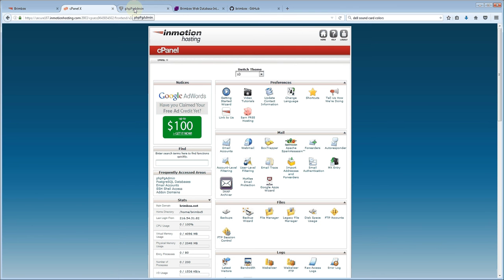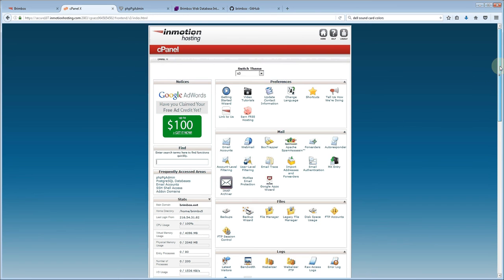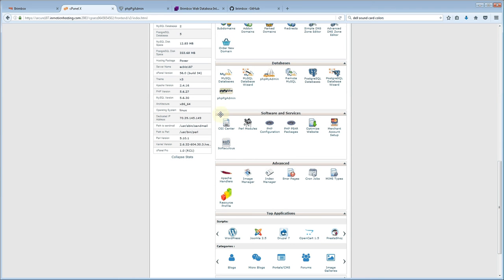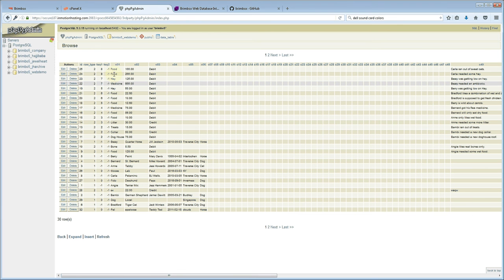Okay, and then it is a standard control panel thing. Many services now support, many internet ISPs support Postgres, and right here we see Postgres and we see phpPgAdmin, and right here we're looking at the data table. I just want to show you this. So here's row type 2, and here's mainly row type 1. It comes with a standard set of rows. It's not extremely efficient for a database, but it looks a lot like a spreadsheet with 2 different types